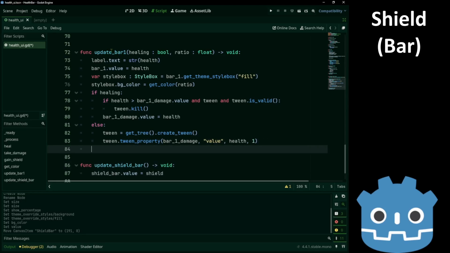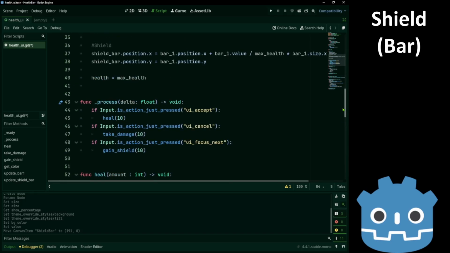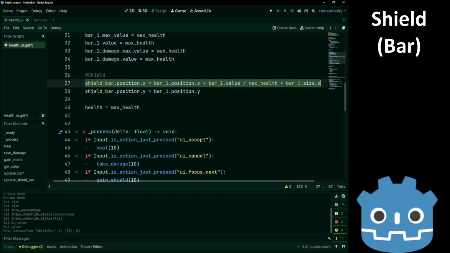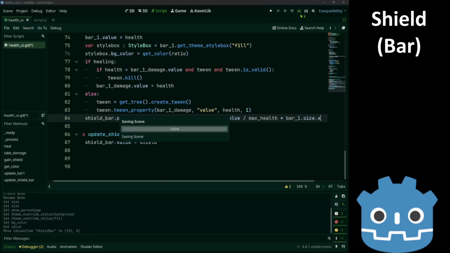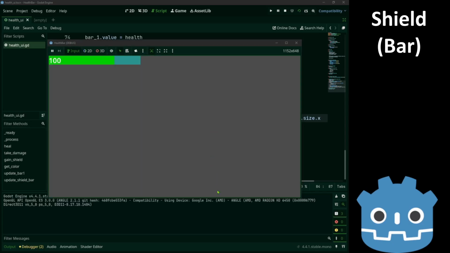Okay, now in the update bar function, whenever it moves, we also have to move our shield. So we need this command over here. Now we have our shield. And now our shield shows up in front of our health. If we take damage, first we break the shield and then we lose health.